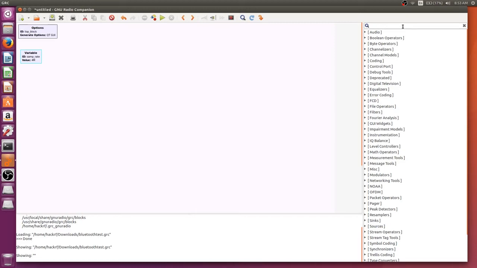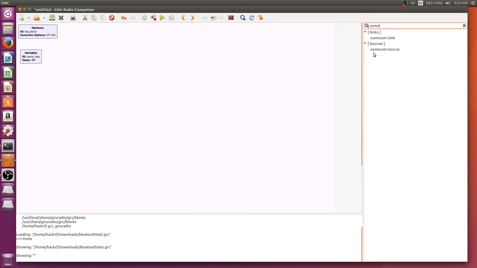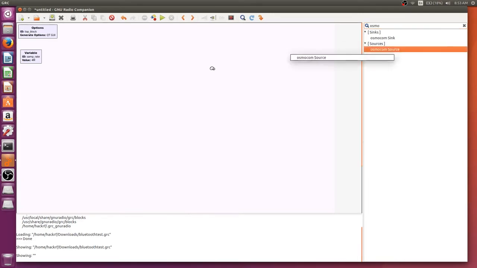So our HackRF is plugged into the computer, and to actually take that and get the data from it, we need something that's called an Osmocom source. Now, to get this search menu up here, this menu is all your different blocks, and you could go through it and go for the different menus and look for it. But if you just click on the search button up here and type in what you want, it's a lot easier to find it, I found. So you can drag your Osmocom source into here,